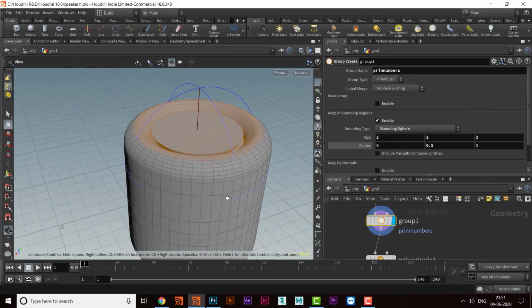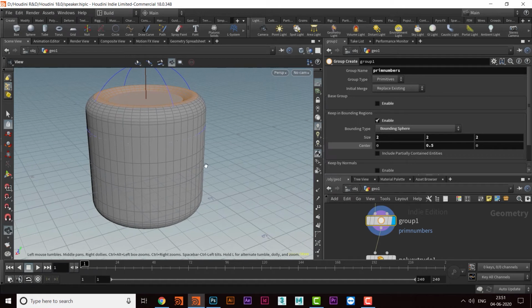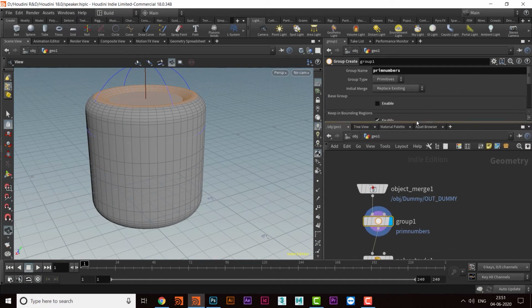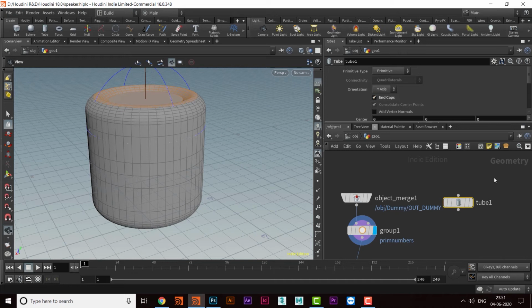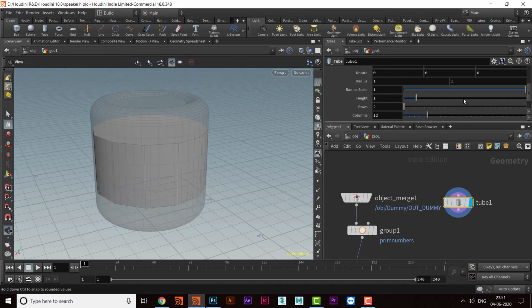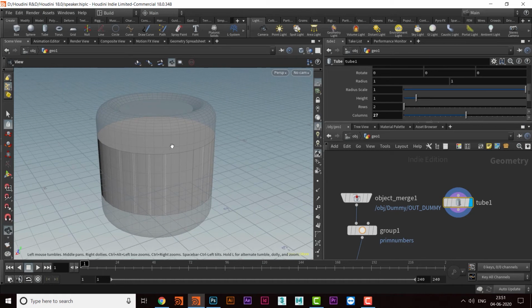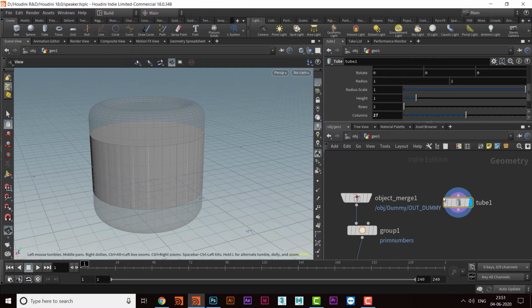The other thing we can do, we can create some sort of object, and with the help of object we can create the groups. Let's do that. Come back to this one, and we'll take some objects. This time I will take maybe a tube. Okay, so I'll take a tube, and then end caps. Come here, end caps, and then I'll change it to polygon, and then I will increase the number of columns to make it smoother. And then I will put it somewhere.